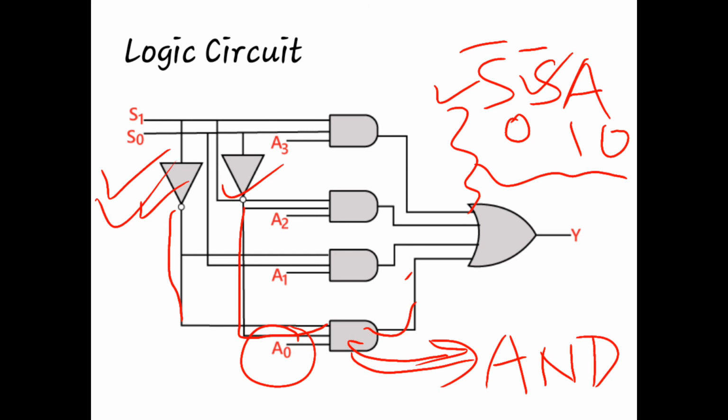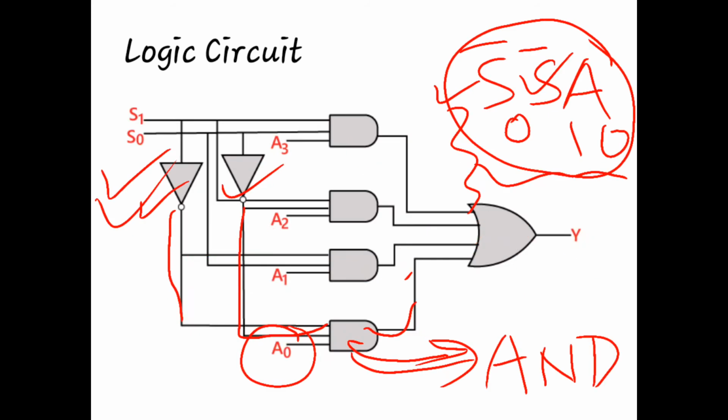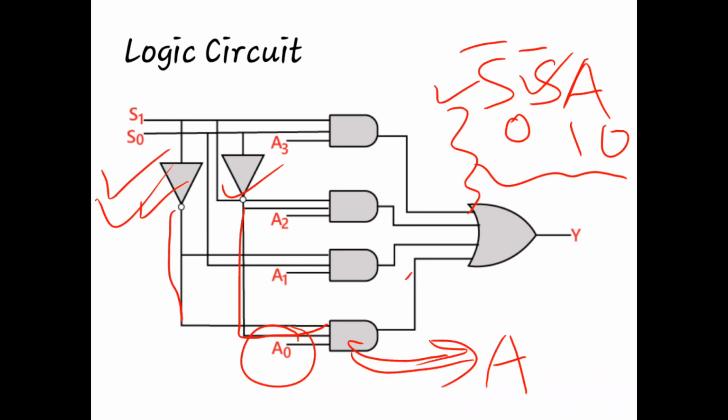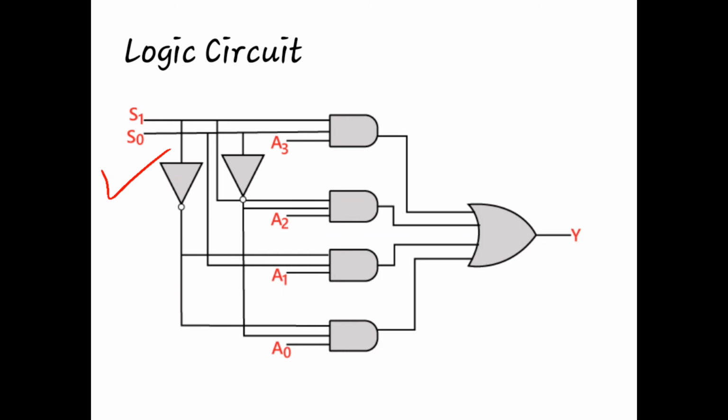So the output of this one is this complete expression. Similarly, when we talk about the second expression, it is S1 bar, S0 and A1. So you can see here, if we talk about this particular line, then this particular input line is going to be selected with respect to the term